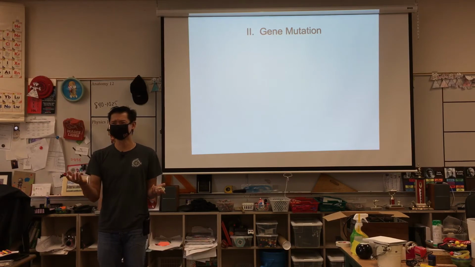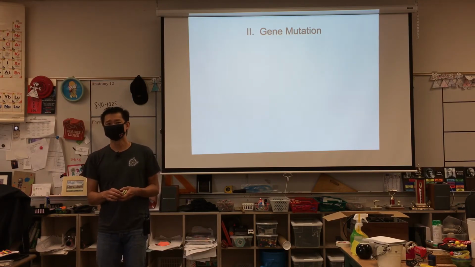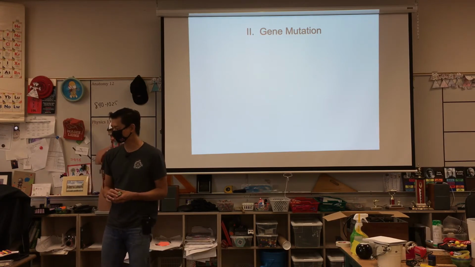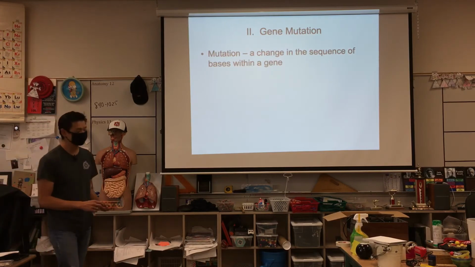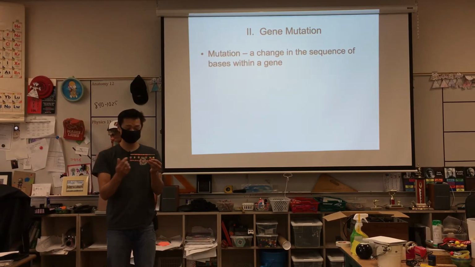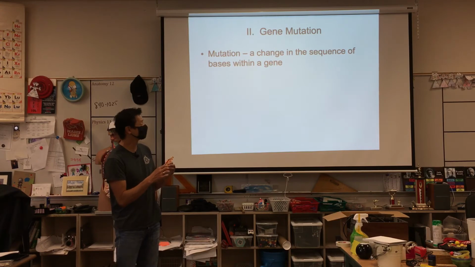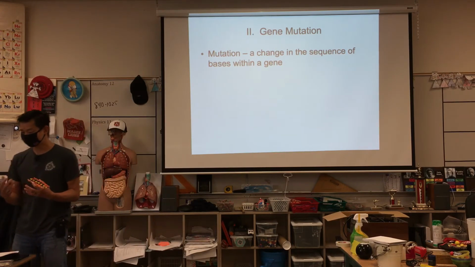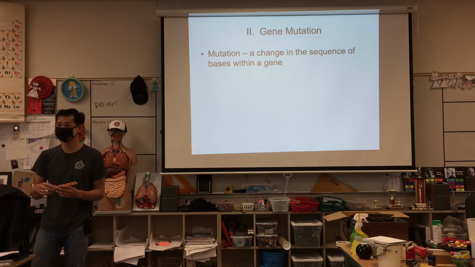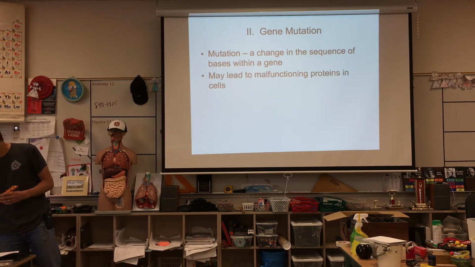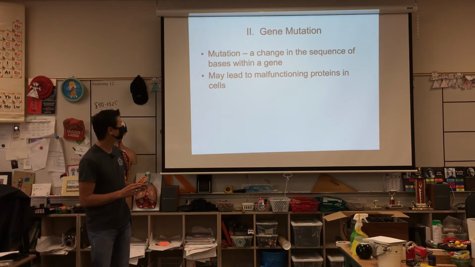You remember that from grade 10 science? We say, oh, look, this tiger lost its stripes. Is that bad? Well, it lives in a zoo, so it's neutral, right? So it also depends on the environment as well. So those mutations, like I said, are changes in the sequence within a gene in the DNA, and they can be caused by mutagens. Mutagens can be chemicals, or they can be energy. They can even be viruses. Viruses can actually mutate DNA as well. May lead to malfunctioning proteins in the cell.